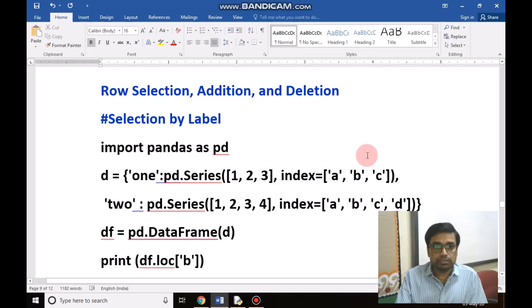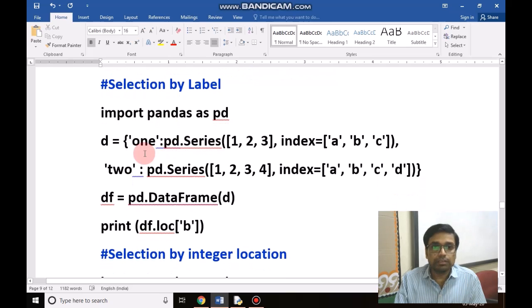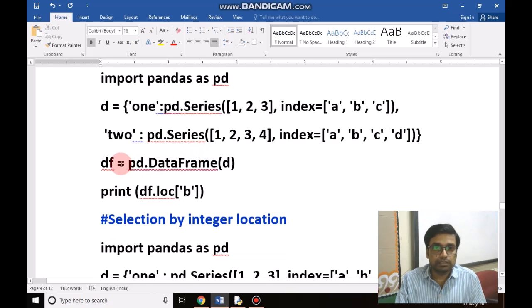Next operation is row selection, addition and deletion in a data frame. First we will discuss selection by label. After importing pandas as pd, we have created a dictionary with some series having indexes.